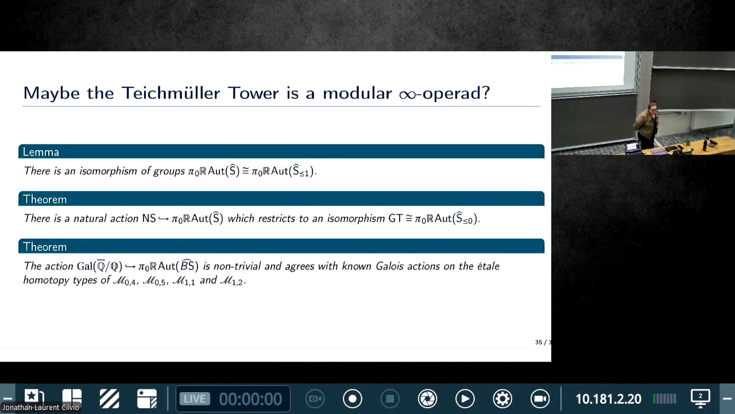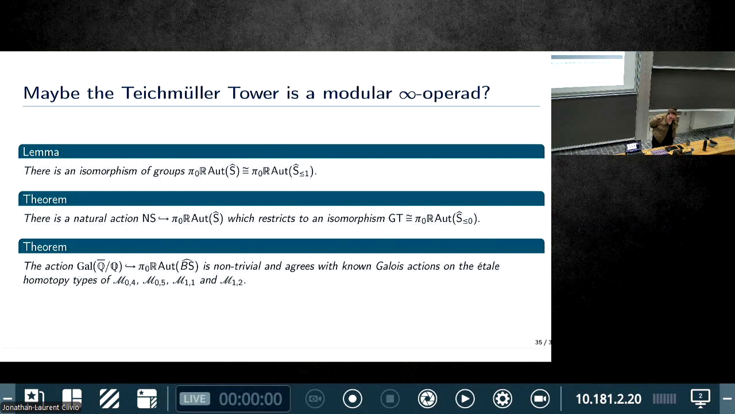There's a natural action of this Nakamura-Schneps group on the automorphisms of S. And this actually restricts to an isomorphism of GT with the genus 0 part. So it's incorporating what we know about how the Galois group will act on the genus 1 part through this one group. And it restricts to exactly what we expect in the genus 0 part. And if you hit this with the classifying space functor and do some, I will say, deeply unpleasant arguments about getting the profinite completion to commute with the classifying space functor,